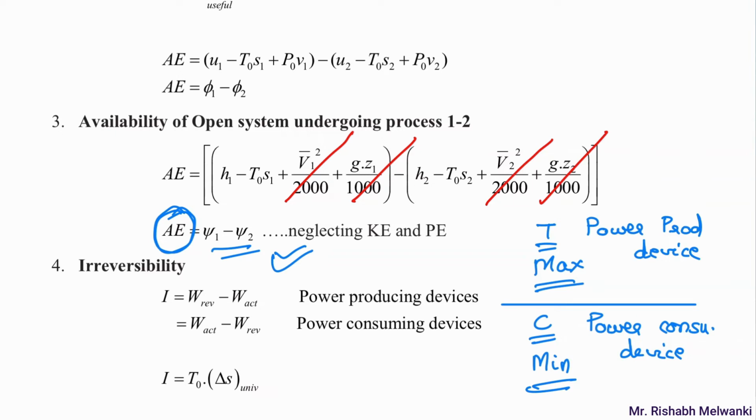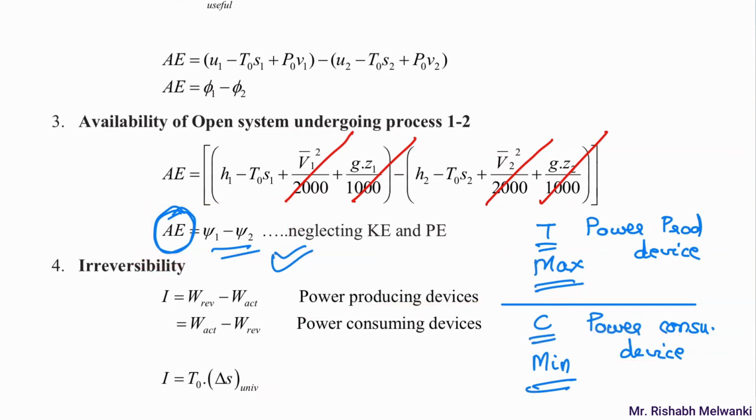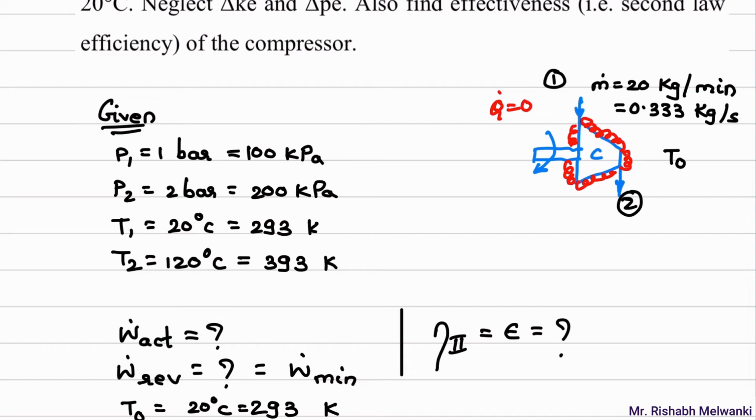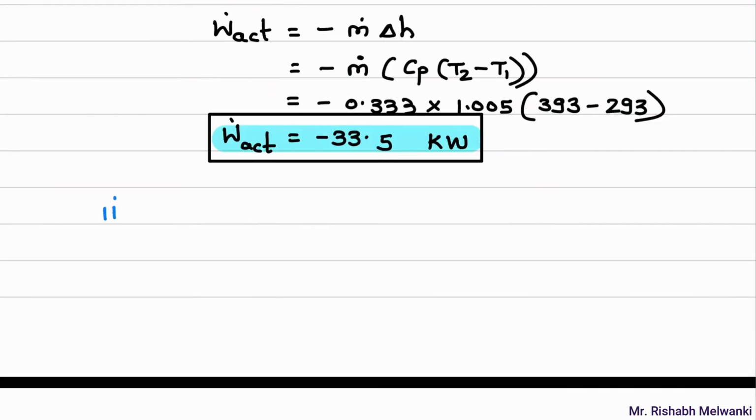So this thing you should remember, that when you apply this equation for a power producing device, you will get maximum power. If you use the same equation for a power consuming device, you will get minimum power. This maximum power is ideal for a power producing device and minimum power is ideal for a power consuming device. It's like that. Did you understand it now? Okay, so what can I write now? What is the question asked? Second sub question is minimum power.